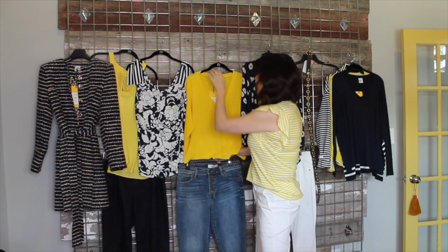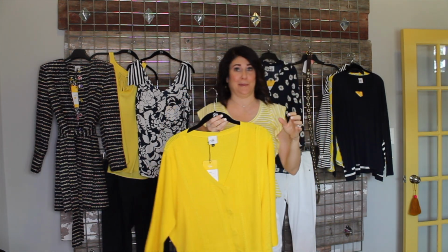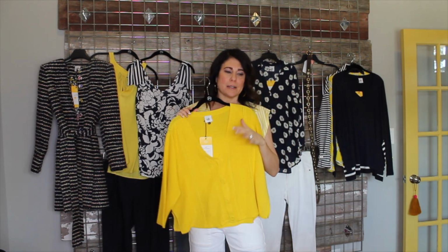Now, I will tell you that I was a little skeptical about this bright yellow. I was like, there is no way I'm going to be able to wear that. But I put it on and I love it. And here is what I love about it. So, yes, it is boxy style, which again is part of a trend. But boxy